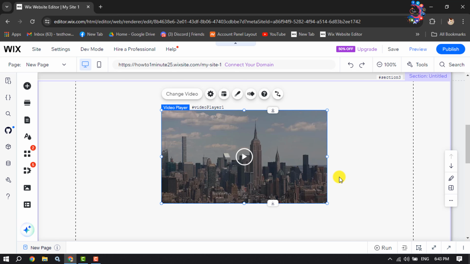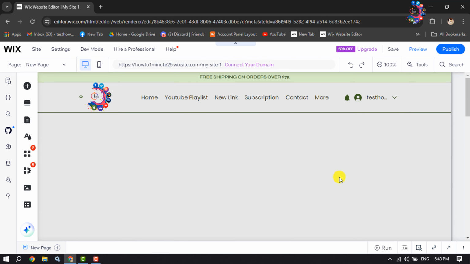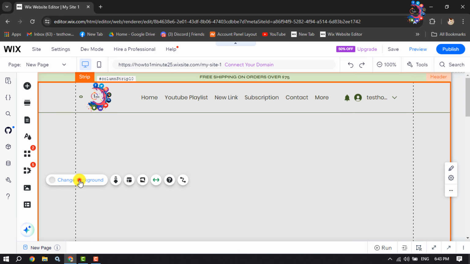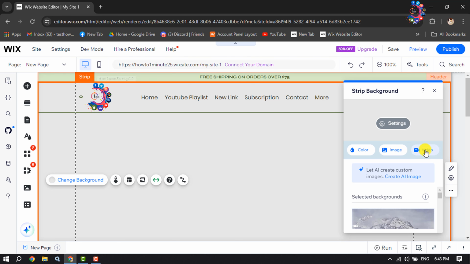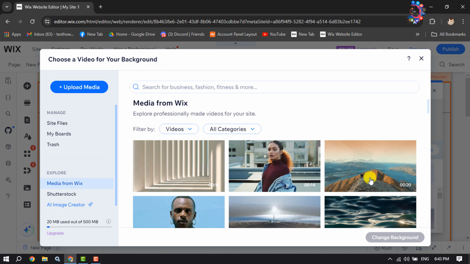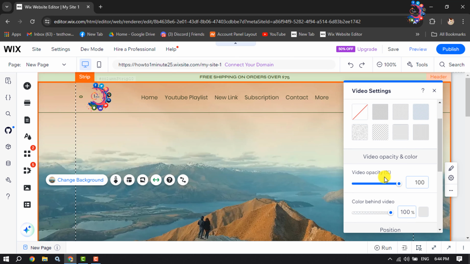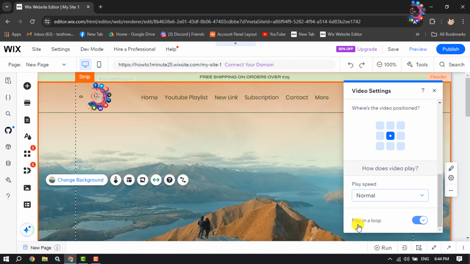And now let's see how to add a background video in a Wix website with autoplay. So here I'm selecting this section and clicking on change background, clicking on video, and for tutorial purposes I'm selecting a video from the Wix Media Library. And once the video is added as background, here click on settings and scroll down, and here